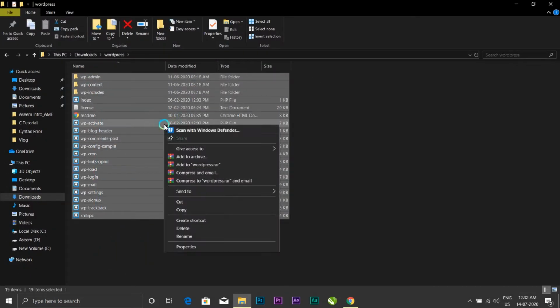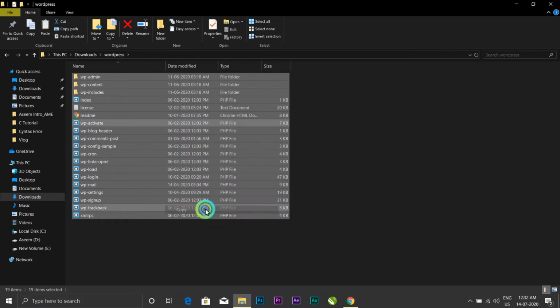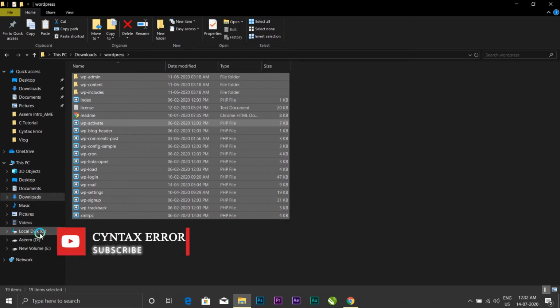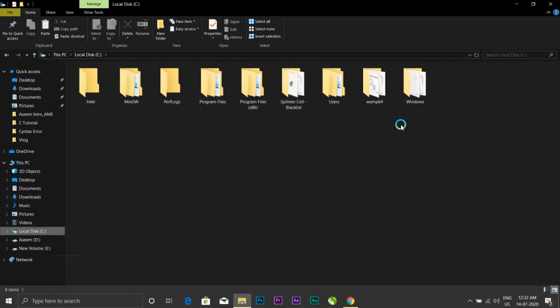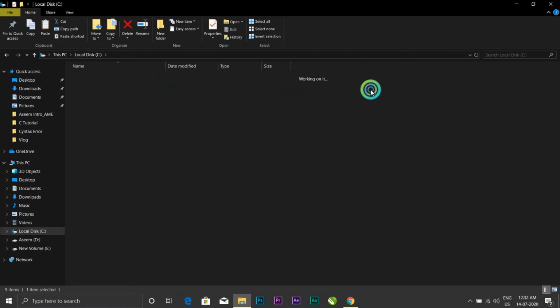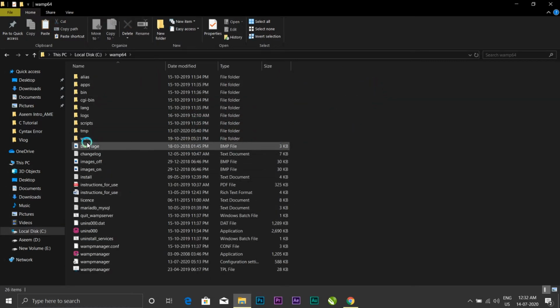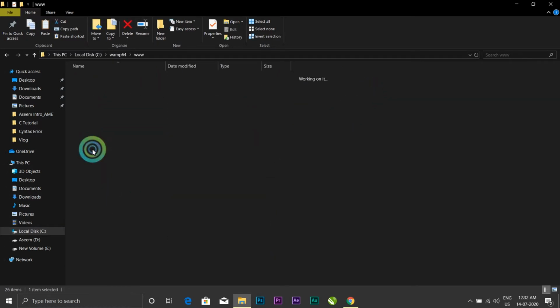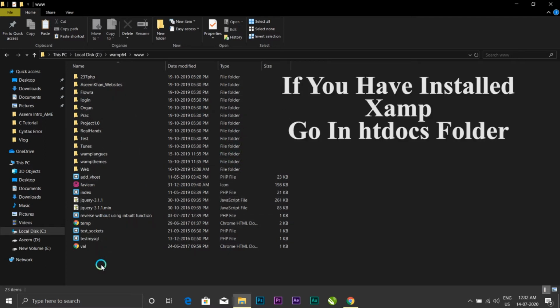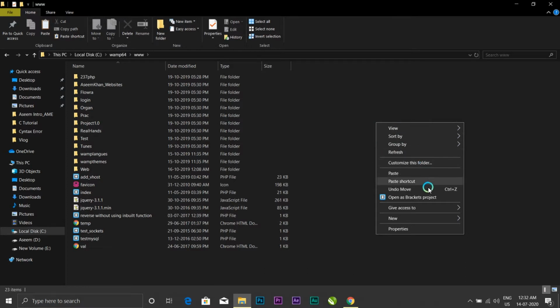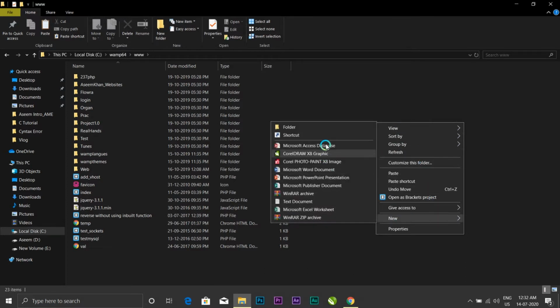What you have to do is go to your WordPress folder, select all and copy, and now go to your local disk drive, and go into your WAMP folder. Inside the WAMP folder, you have to go inside the www folder. Here you have to create a new folder for your website.